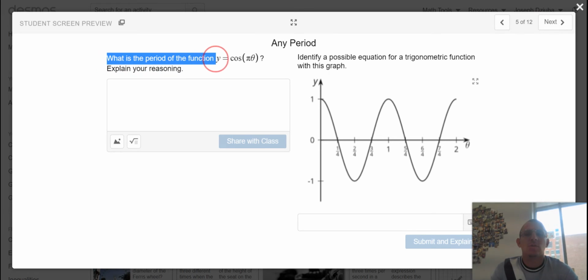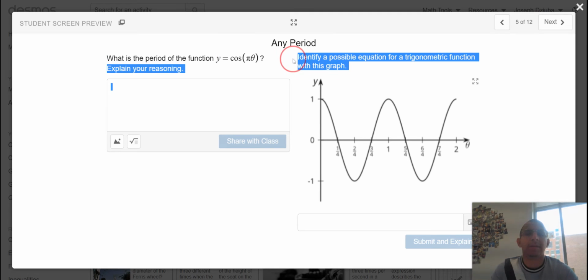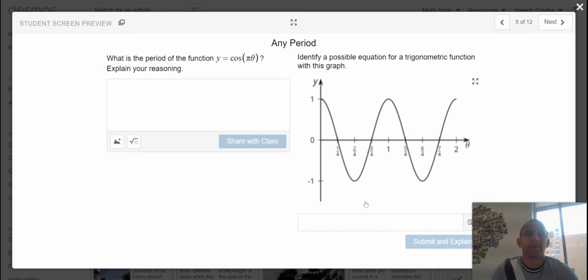What is the period of the function y equals cosine pi of theta? And then identify a possible equation for the graph provided here. Okay. Things that we want to think about, we can see that the graph with an input of 0 is starting at 1. At 1, and this is on a theta